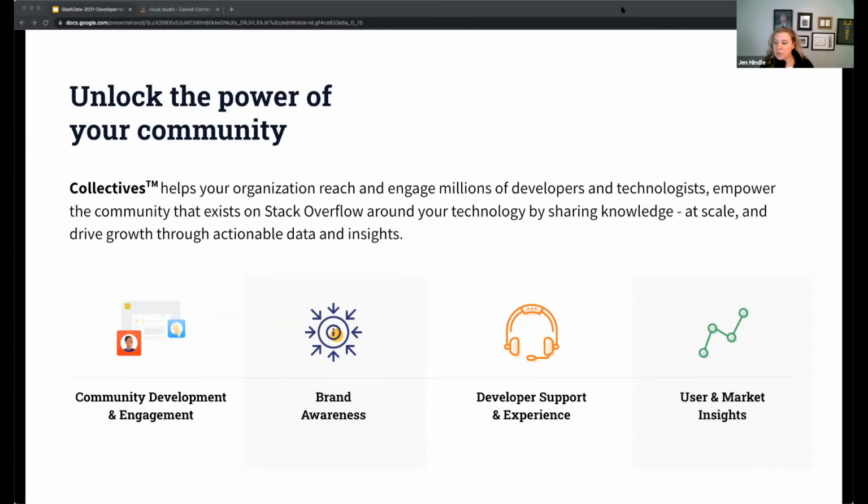And then you're also looking for ways to uncover insights and patterns, and those insights and patterns can help shape your product strategy. So what's next? Is there a potential integration we should consider? What are your support needs? What type of content should we build that might address some of the questions that we're seeing asked in these developer communities on a regular basis? And it even can help inform your marketing campaigns and messaging as well.